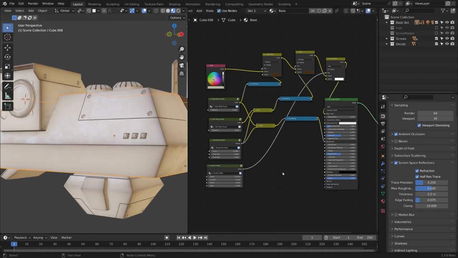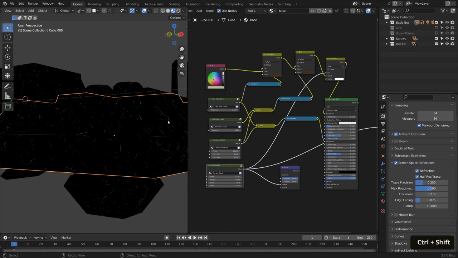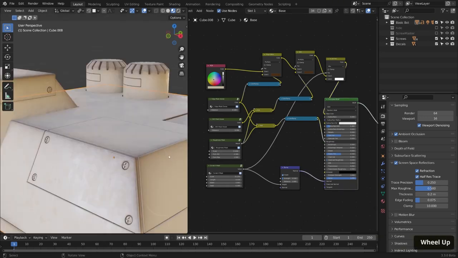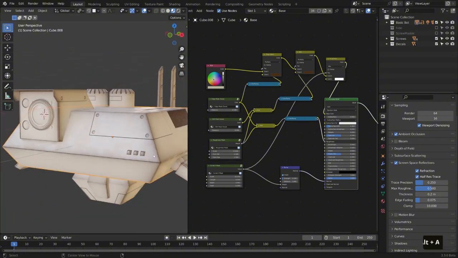So let's just add a bump, plug our scratch mask into the height. And if you remember, our scratches are white, so we want to invert the effect on our bump. I usually like to start at 0.1 as the bump is very strong. So let's plug that into our normals and look through. It feels nice. Those scratches are getting indented and you can see the light is catching it more on one